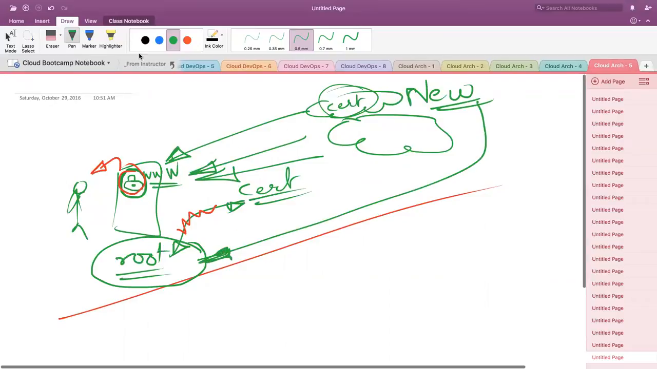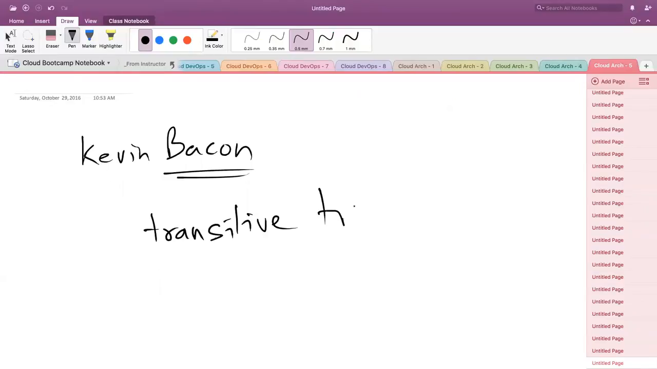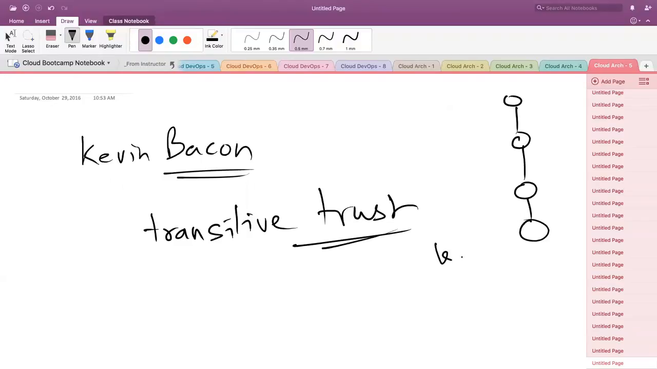In that case, what you need to be able to do is to follow this concept of Kevin Bacon. You know this concept of Bacon number, right? I know you, you know him, and then he knows Kevin Bacon. So my Bacon number is 3. You know this concept, right? This is called transitive trust. So basically, I know you, and you know Mark, and Mark knows Kevin. So therefore, I kind of sort of know,